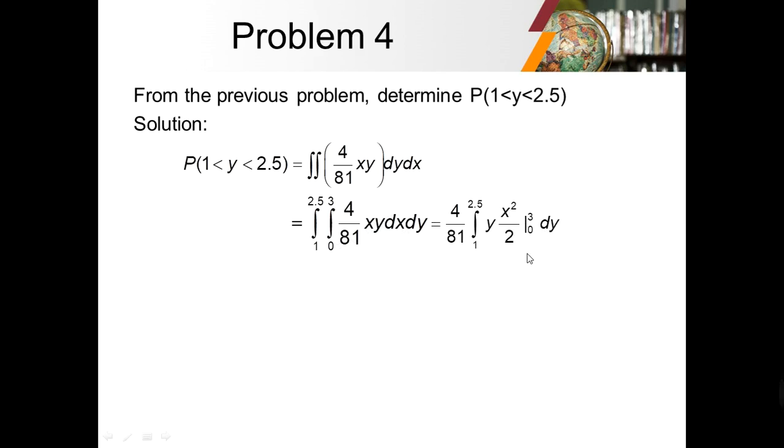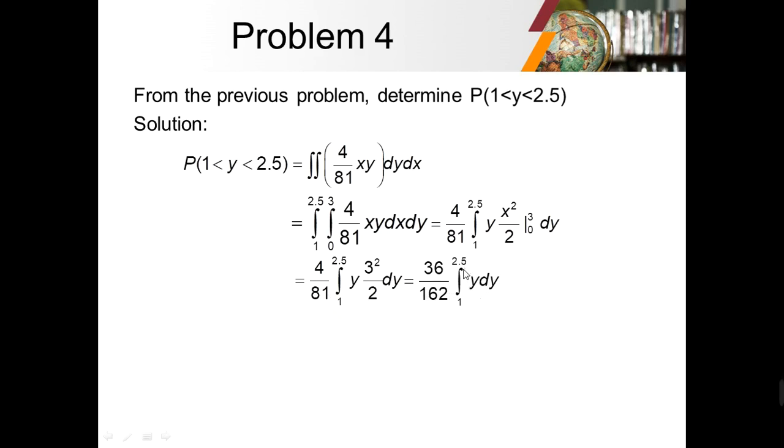Okay? Then, substitute that limit. If we substitute the limit, then that would be 3 squared over 2. Then, 3 squared over 2 is 9. So, times 4 over 81 times 2. Okay, so pag sinimplify natin that is 36 over 162 times the integral of y dy with limits from